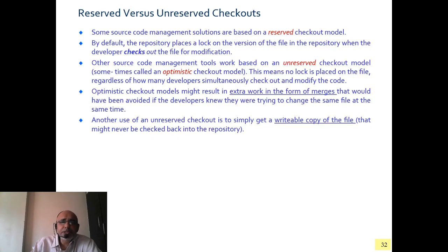Reserved versus unreserved checkouts. Checkout is where we take the elements from the master repository and make the change available. Some of the things can be reserved checkouts for modification. Other tools work around an unreserved checkout model. It is called the optimistic checkout model. No lock is placed on the file. Simultaneous modifications are being done. So, optimistic checkout